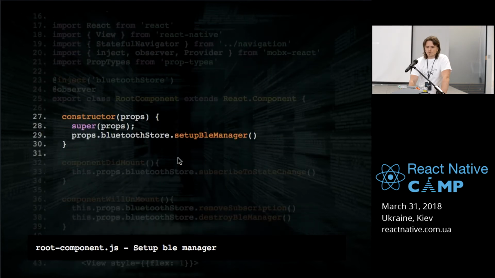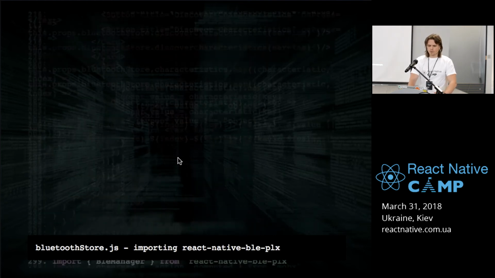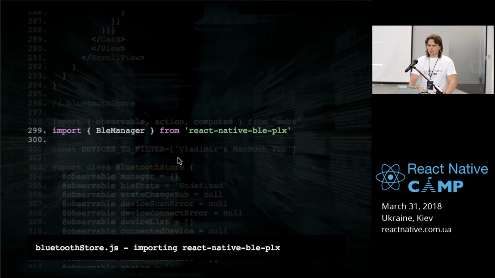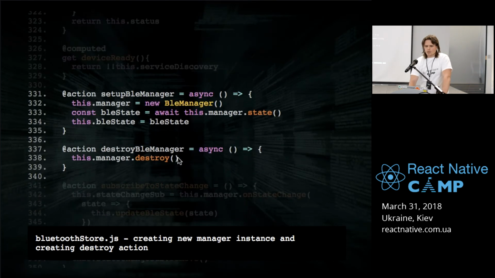So then I set up the BLE manager. I call the store function to set up the BLE manager. How it looks in the store: I import BleManager from react-native-ble-plx, and I define two actions. One is setting up the manager. The second one is destroying the manager. It's really important. When you create an instance of this manager, it takes resources.